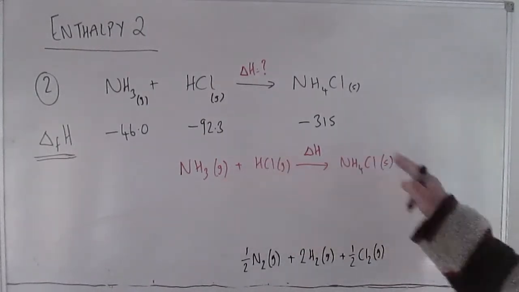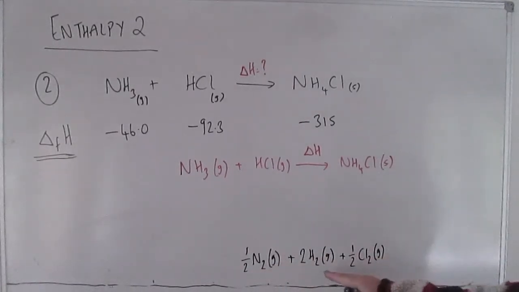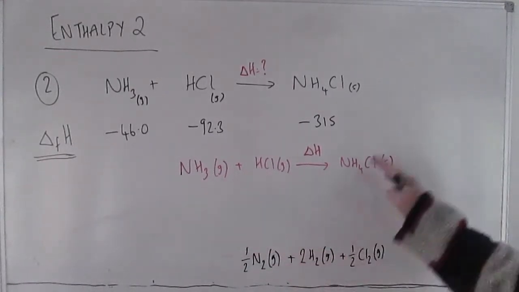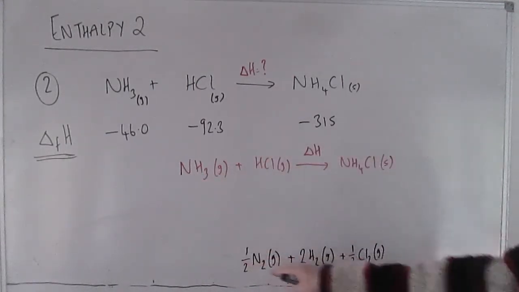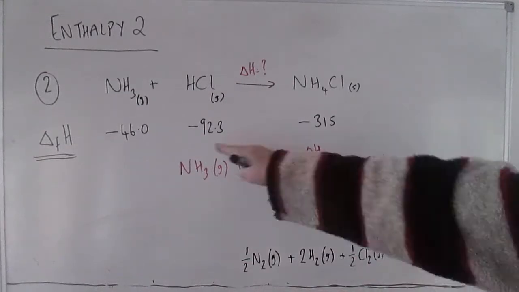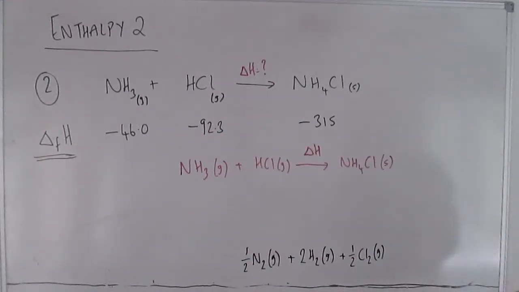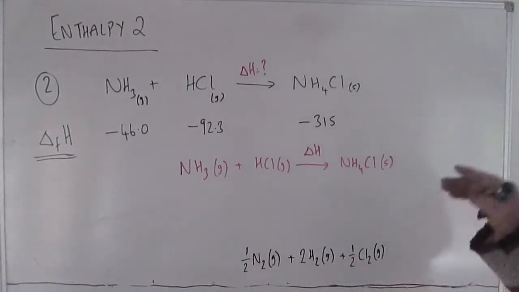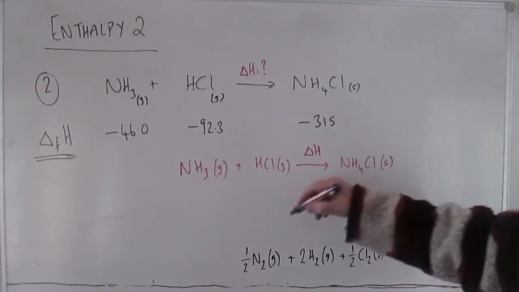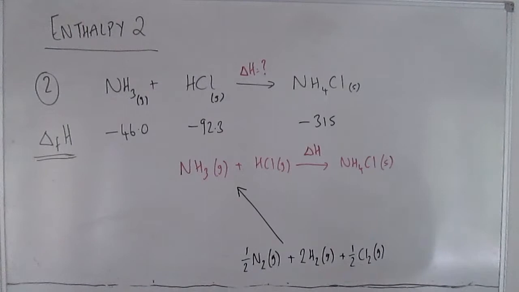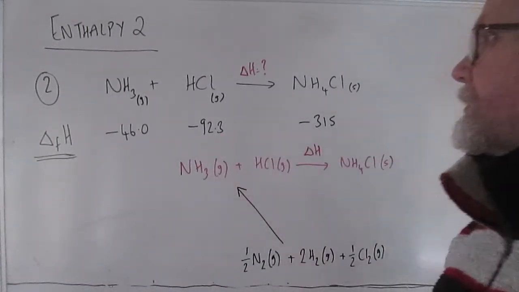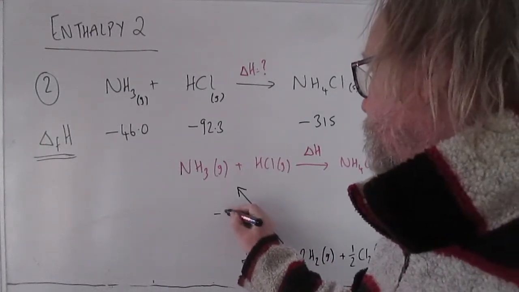And obviously, because this equation is balanced, that set of elements could be used either to make these compounds or to make these, because the number of atoms of each is the same on each side of the equation, and therefore you need the same amount of each element to go either way. So delta H of formation is the enthalpy change when you take these elements and convert them into the compounds. That means we can write arrows going in the direction of formation, from the elements to form the compounds. And if we're making a mole of ammonia, that's minus 46.0.